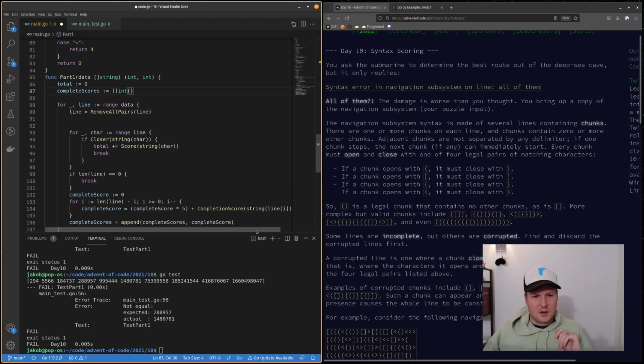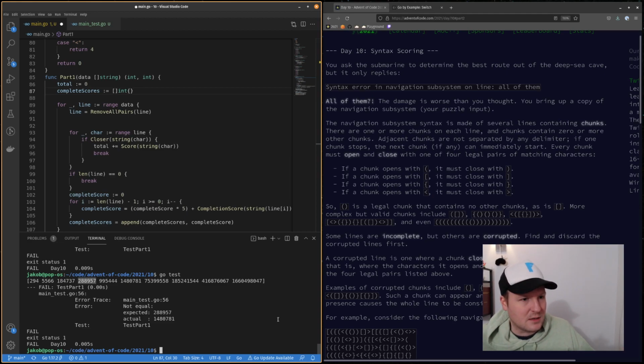Now, I seem to be getting a score from each of them, which I don't want. However, I'm looking for this number and I see that it's right here. So that means that I am calculating these correctly. The question is